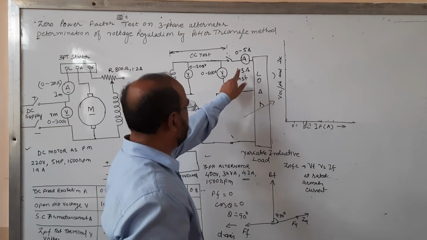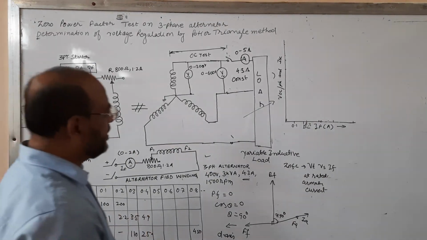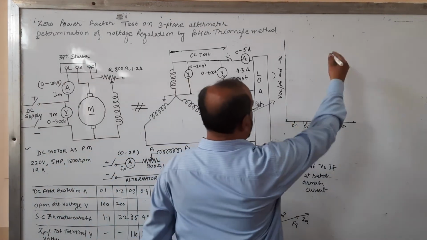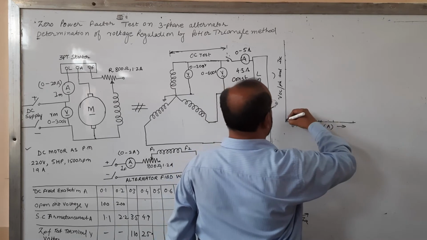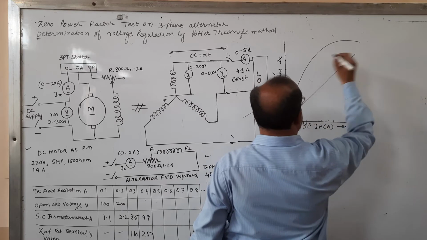At any condition, you have to keep the armature current constant. Now, what would be the characteristic? Already in the previous practical we found this is the OCC, open circuit characteristic, this is the short circuit characteristic,